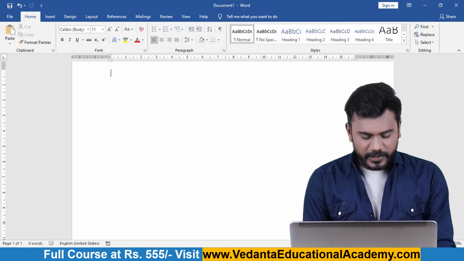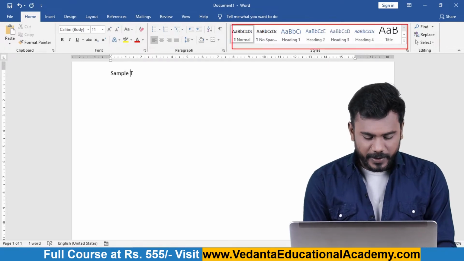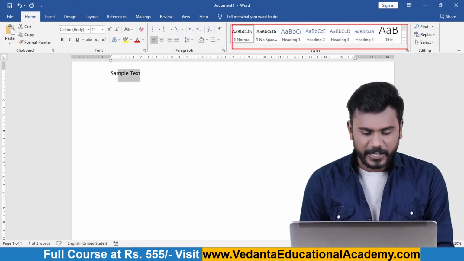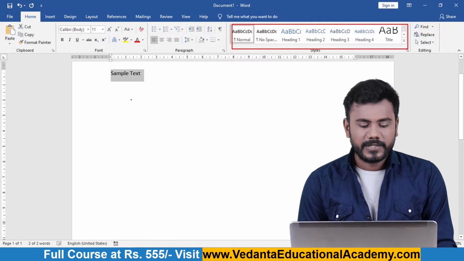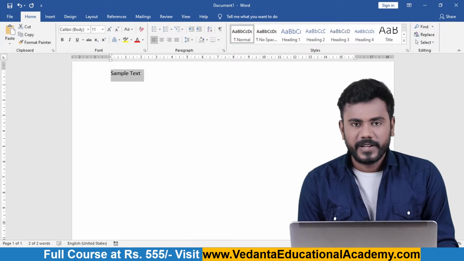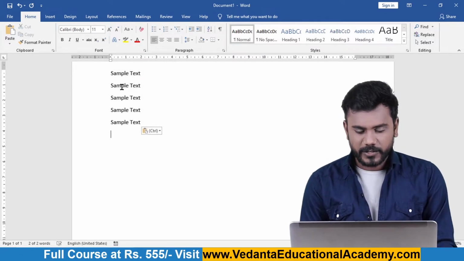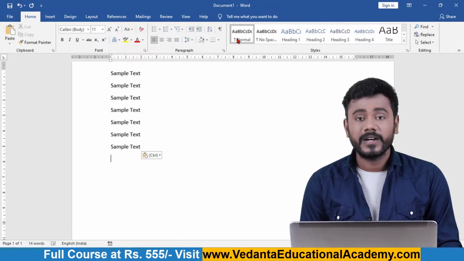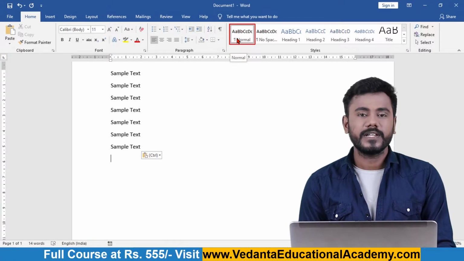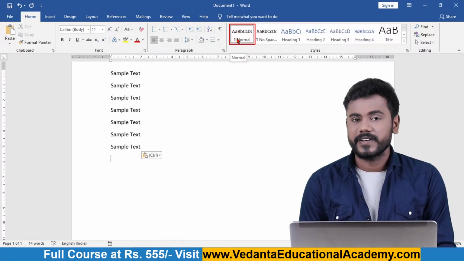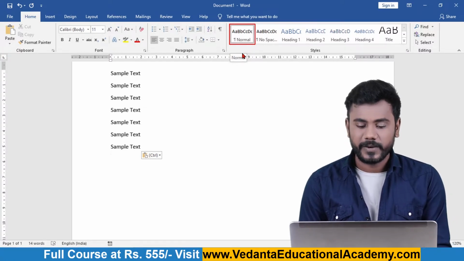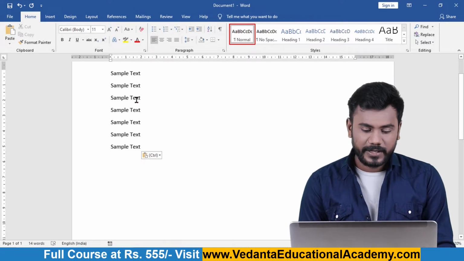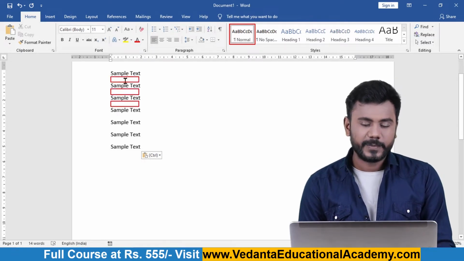Okay. So first I'll type some sample text. This is the sample text. When you type the sample text, I'll make some copies just to make you understand the differences. By default, the normal style is pre-activated in MS Word, and in the normal style you can see the space between the